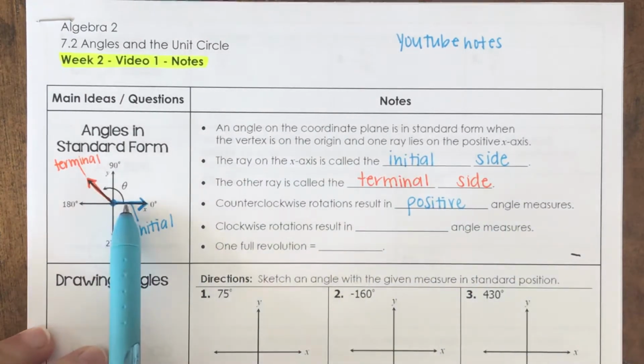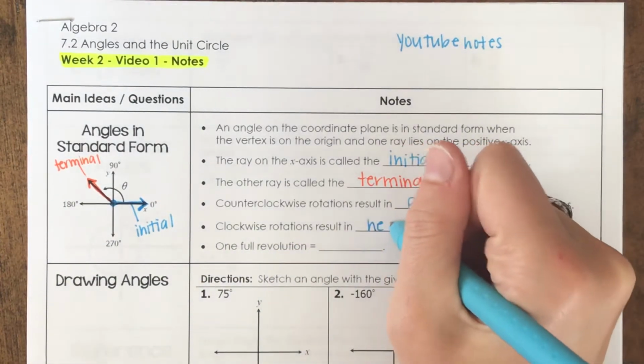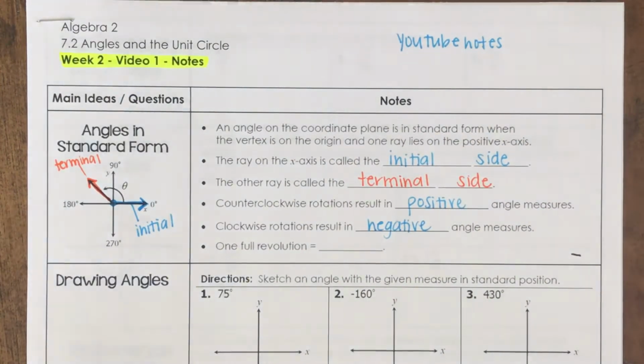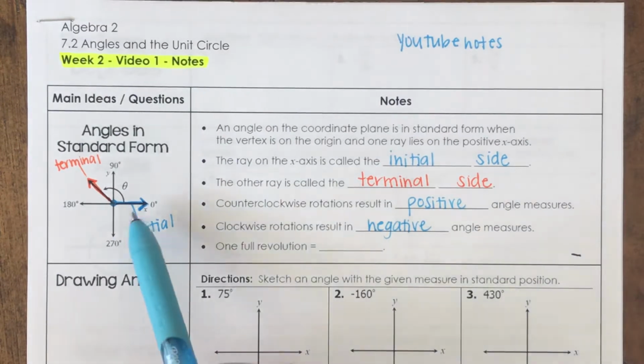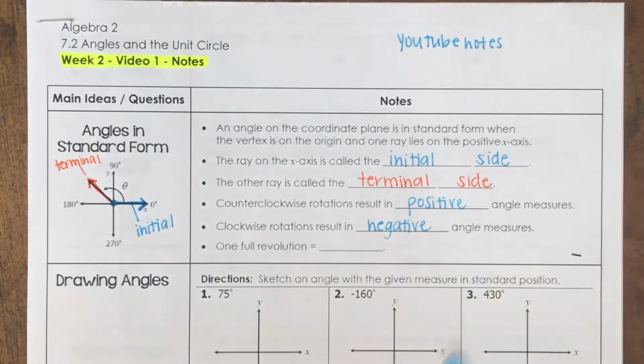If I go the other way, to the right, making a clockwise rotation, going around and around to the right, clockwise, that is going to give me negative angle measures. So I can have positive angles or negative angles on a unit circle. If I go around one full time, that's 90 plus 90 plus 90 plus 90, which gives me a circle. That's going to be